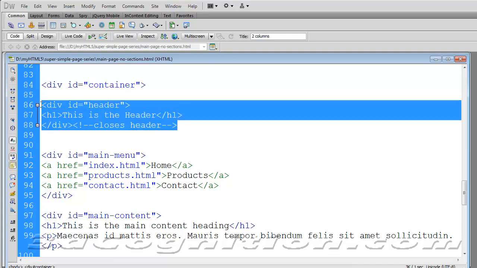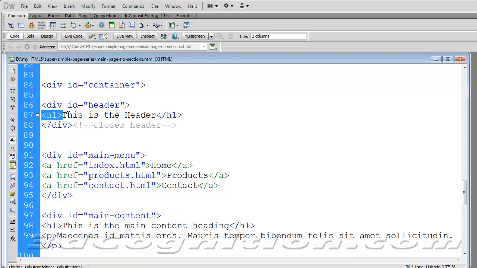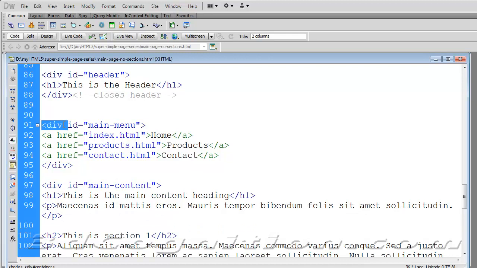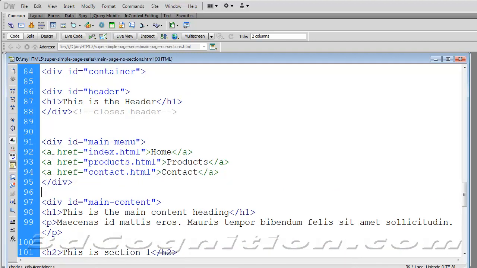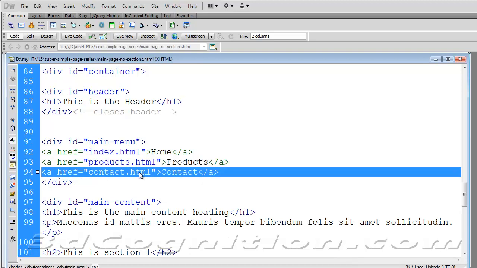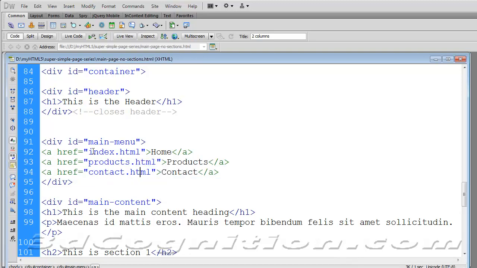Here's our header. In this case the header has an H1 in it to describe what's in the header. We've got a main menu. We close the main menu. All that is before the main content. So I've got some links here. The first link, second link, third link, and what I've got in these links is really this is an A,